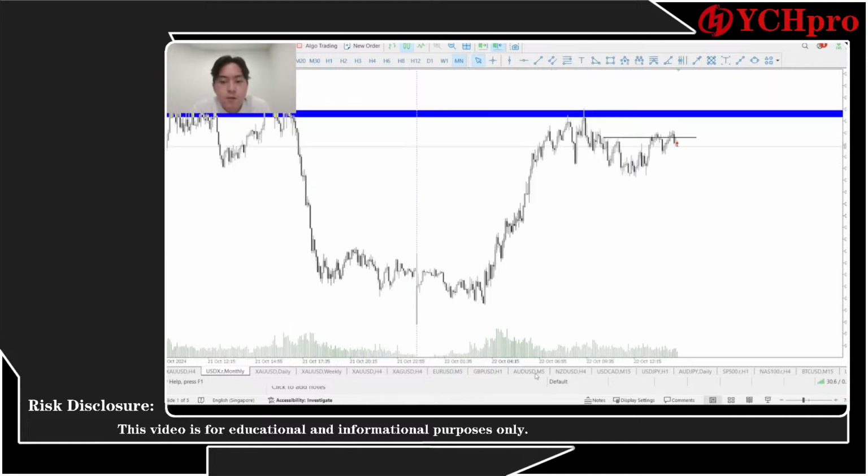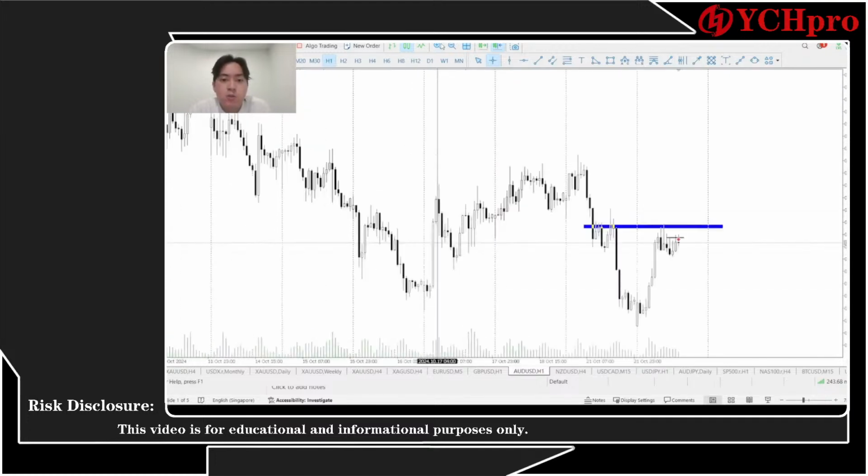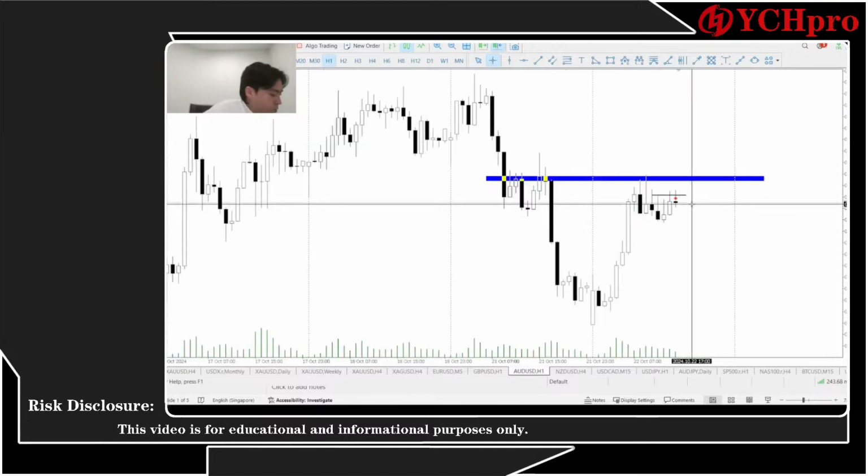Something like that. Okay, for AUD USD, we are looking to do shorts and putting our stop loss above, and let's see how the price reacts. If the price really does displace this low, then I'm thinking that the market is going outside, so the price might continue going lower. So let's see how the price goes on.